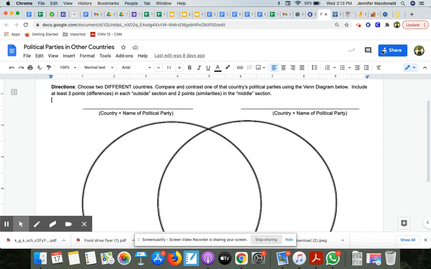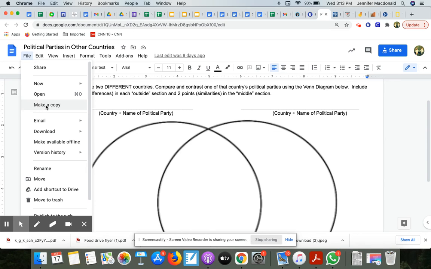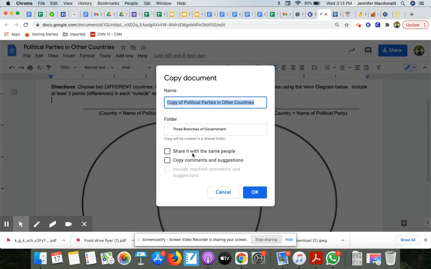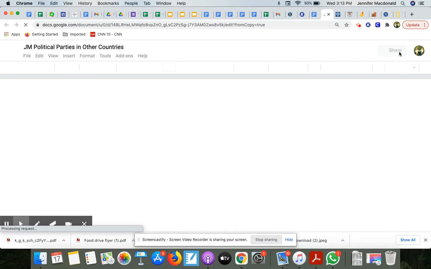So remember that in order to make a copy, I can just go right up here to File, Make a Copy, okay? This now becomes my own document, and maybe what I do is I put my initials so I know that this is mine now. And then remember, you're going to have to link this back into the Hyperdoc. So remember those share settings that we talked about earlier. Here's where we'll be able to demonstrate to you once again how to change the share settings so that everybody can access it. So remember, when you go up here to this blue share button,